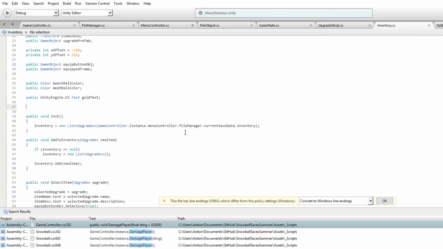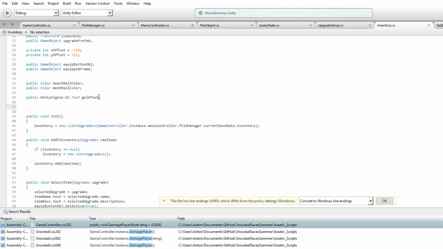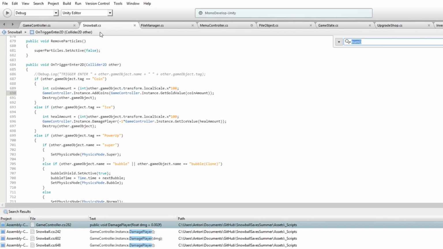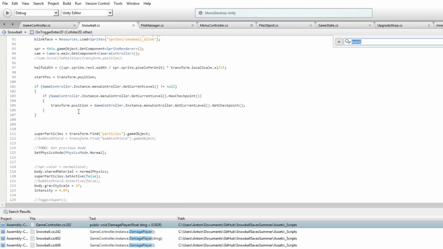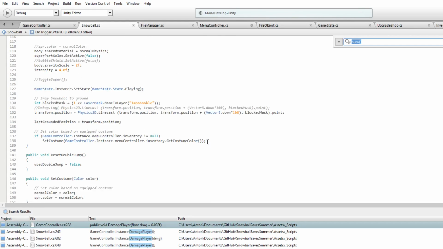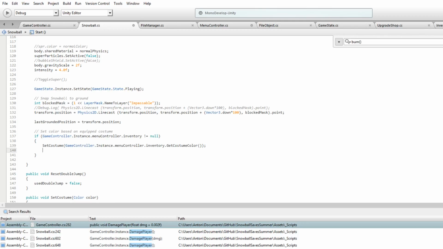Alright, so when we initialize our inventory and get all of our equipped items, actually, no. We want to do this the same way that we did the costumes, I think. At the very start of when the level plays, we check to see if there are any costumes attached. Yeah, right here. So we set the costume like this, and then we want to do if GameController.InstanceMiniController.Inventory.equipped